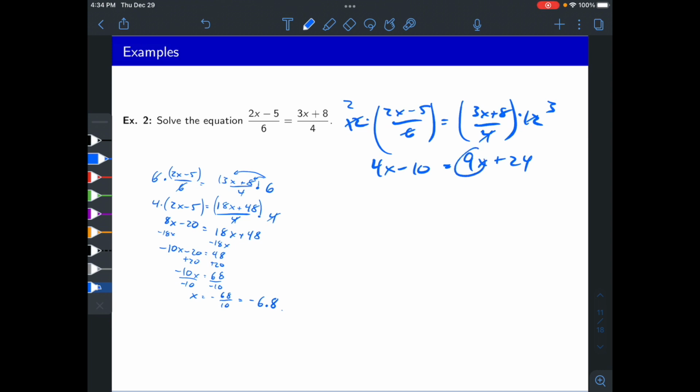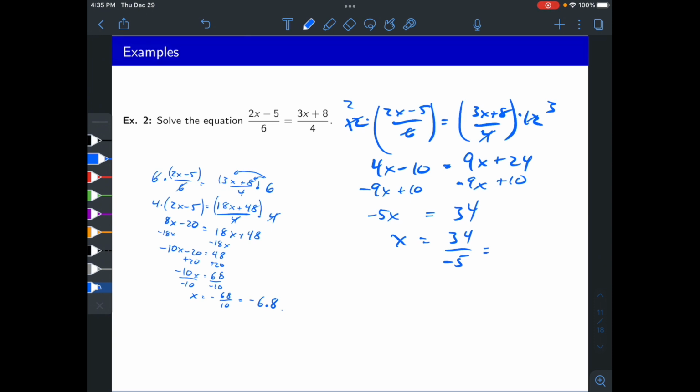Okay, now 9x, let's bring that to the left, subtract 9x. By the way, sometimes you'll see people do multiple steps at once. So I'm subtracting 9x on both sides, and I'm also going to add 10 on both sides. And that's totally valid to do, just to shorten up what's going on. So I'll get negative 5x on the left side, and on the right side, I'll get 34. So then x would be equal to 34 over negative 5,